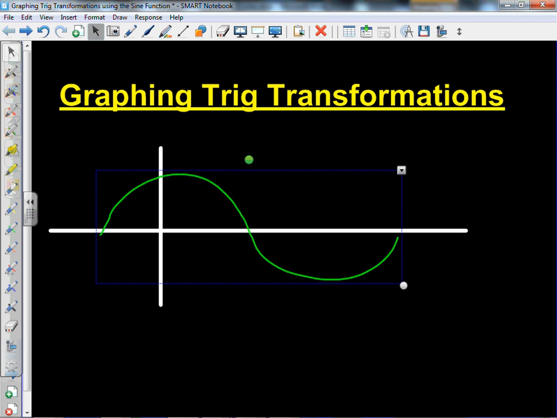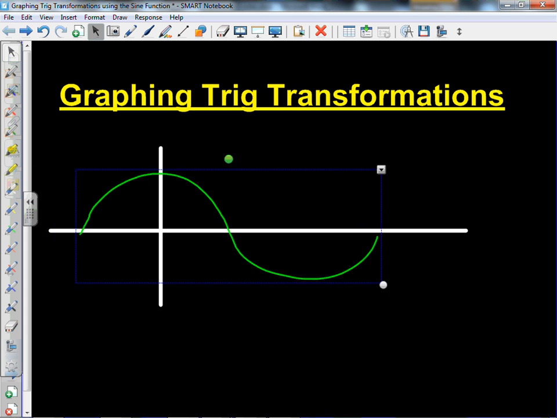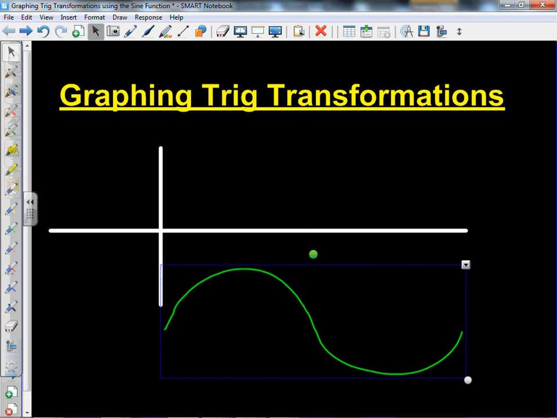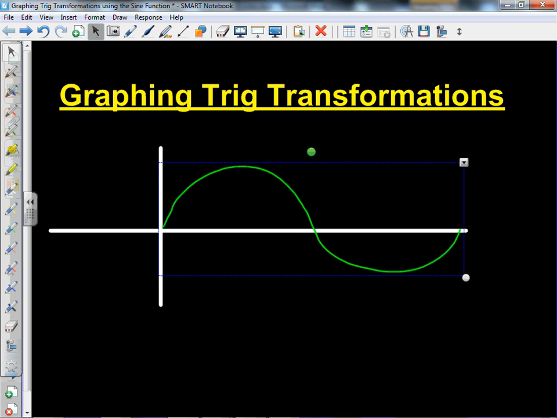We can take this graph and slide it left. We can slide it right. We can move it up. We can move it down. Well, that's what we're going to look at today, is how are we going to take a sine function and